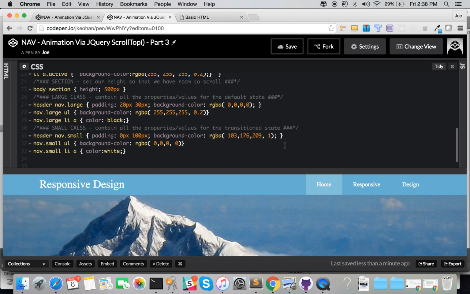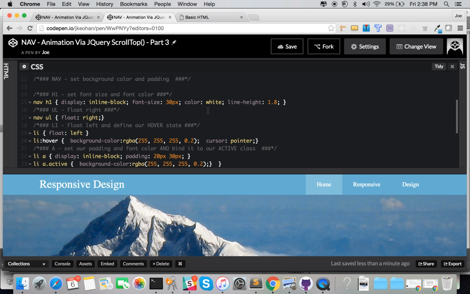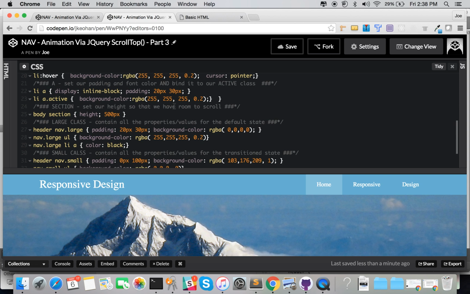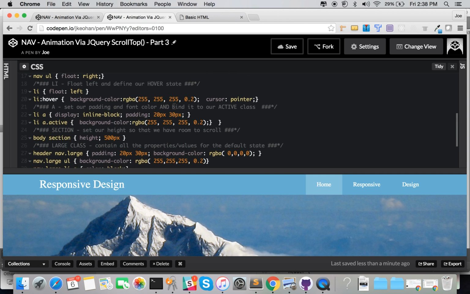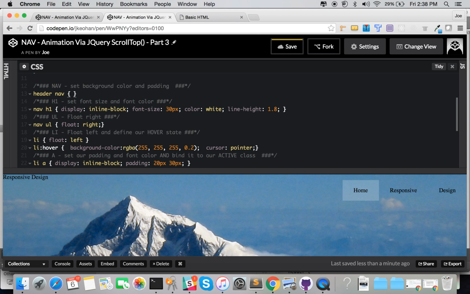So we're going to need to fix the header. That's also going to be added to the smaller class. Okay, so I'm just going to do it up here. And for the nav itself, let's go back here. I'm going to add the header nav, and I'm going to give it a position of